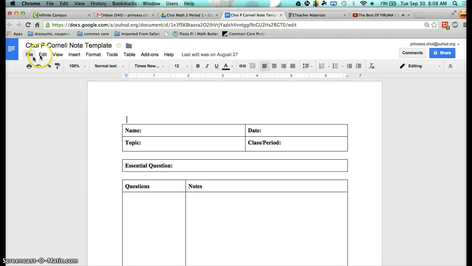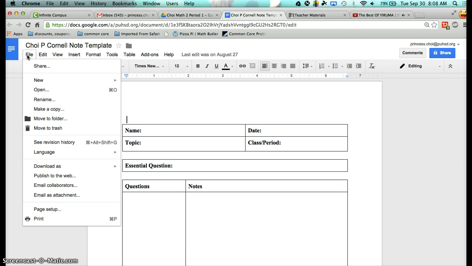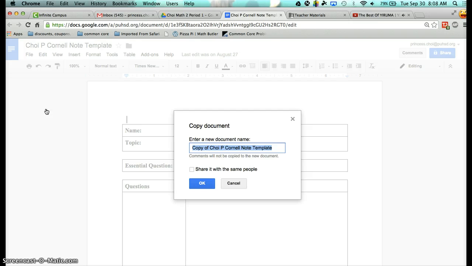Then what you're going to do is click on File, and then click on Make a Copy. And again, I'm recording this. It's going to be on Haiku, so if you are lost today, you can go back. So go ahead and change the title. You're going to put your last name, first initial, and then